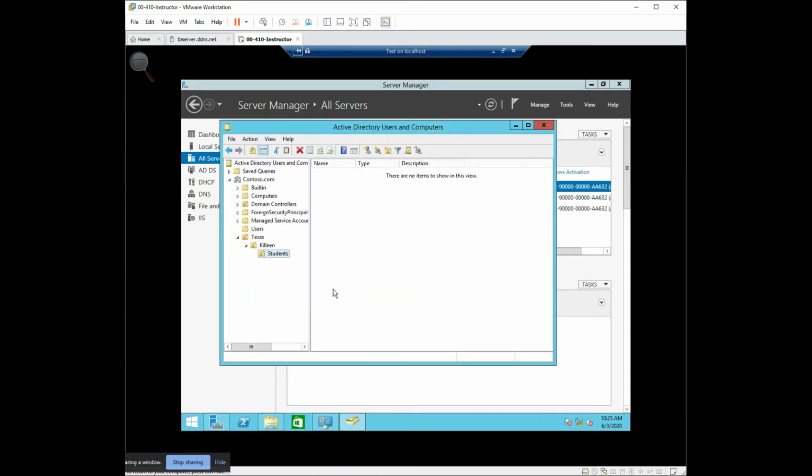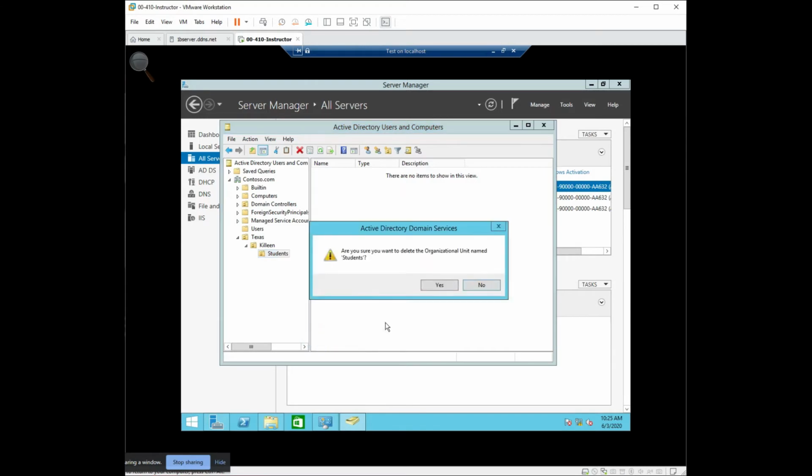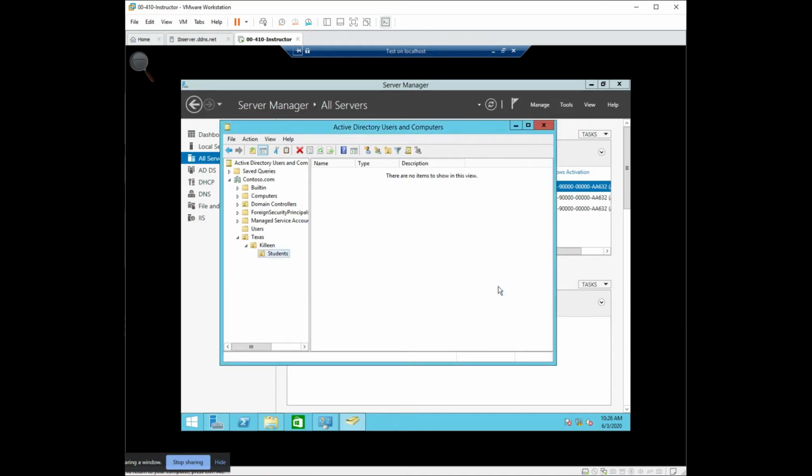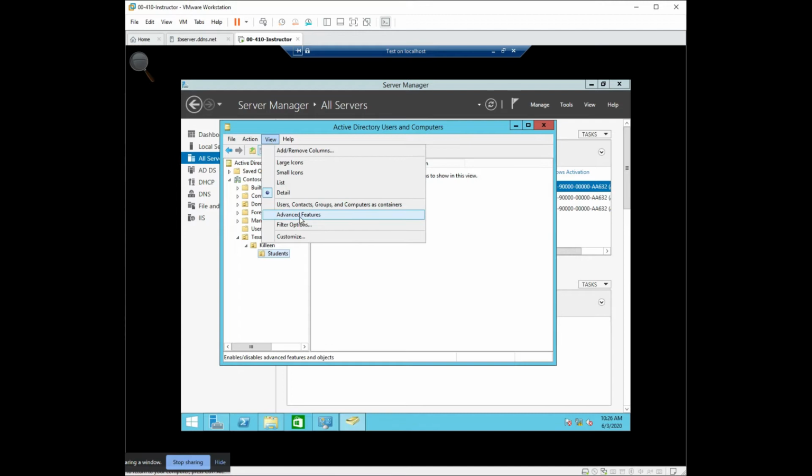Now you notice I didn't uncheck that checkbox, right? So if I went in here and I right clicked and went delete, it won't let me delete it. You do have privileges, but it's protected. If you do that and you forget, I don't think your exam covers this. What you have to do is you have to come up here to view, and we need to go to advanced features, okay? So if I right click right now,